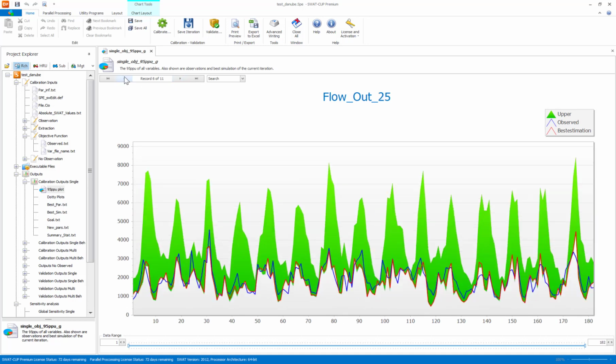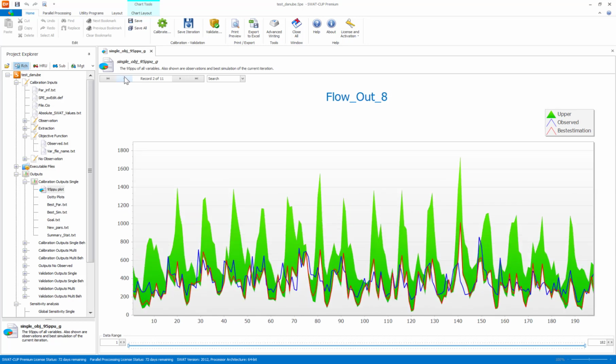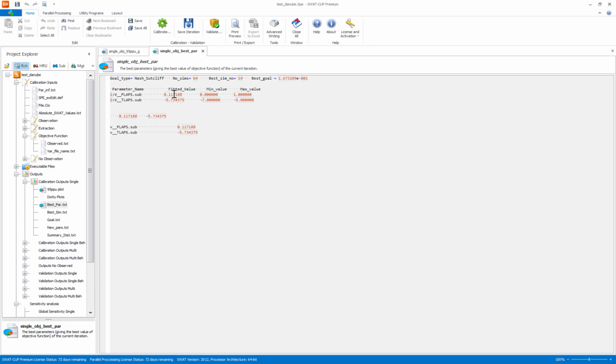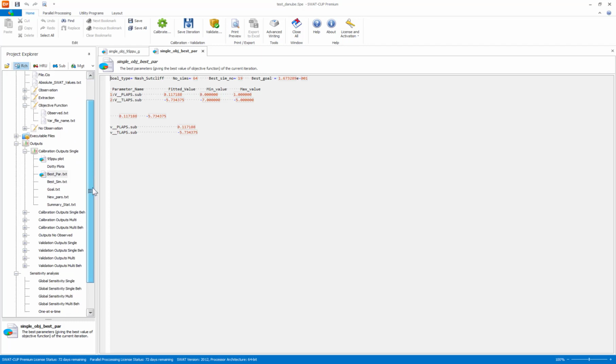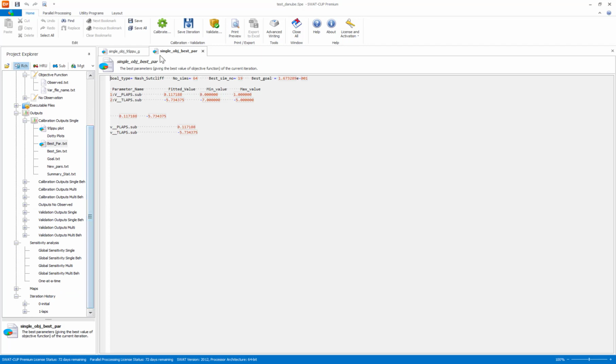But it's probably okay. I think my best parameter is 0.11. So what I do is I take this simulation. I'm not really hard calibrating here, so this is quite okay. So I save this iteration as 2